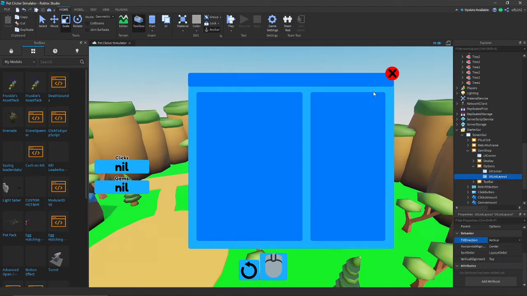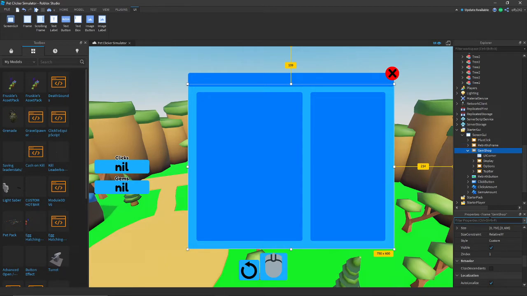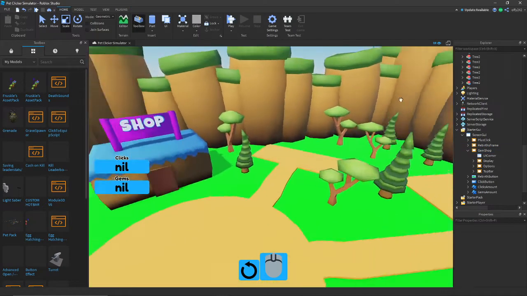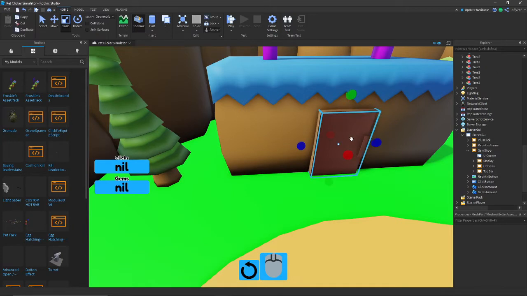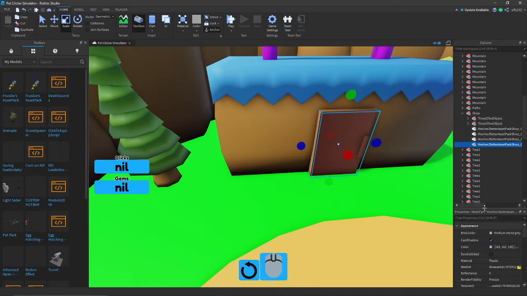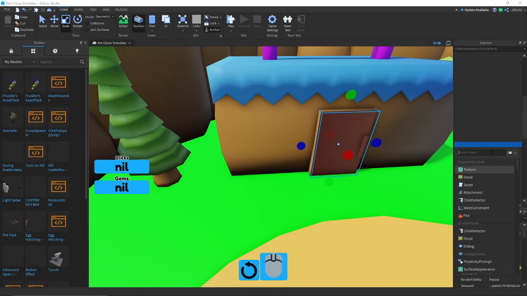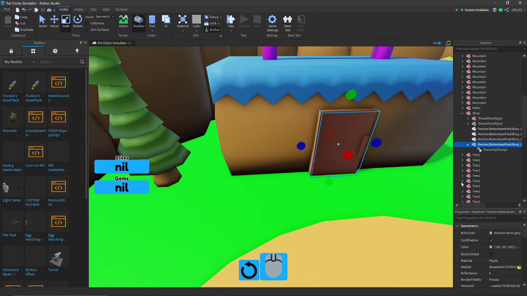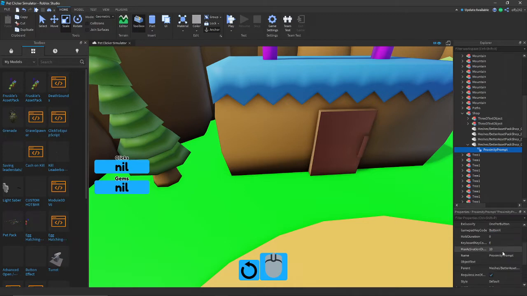And now what we're gonna do is make this visible to false, and over here, if you press Alt and then click, you can select this door. And what we're gonna do is add a proximity prompt, and then change the style to custom,